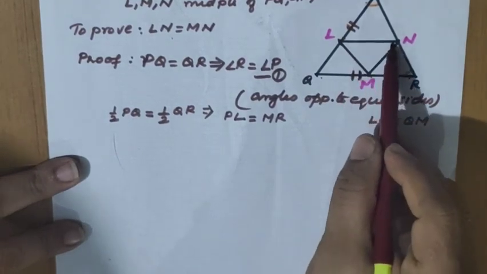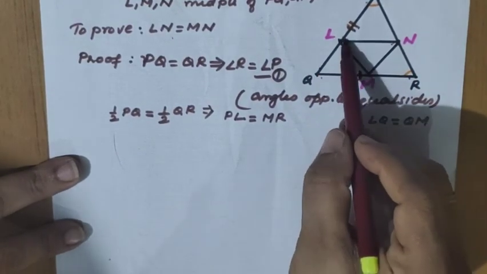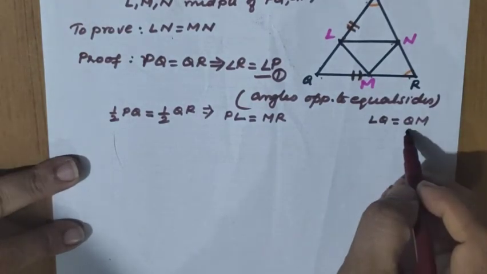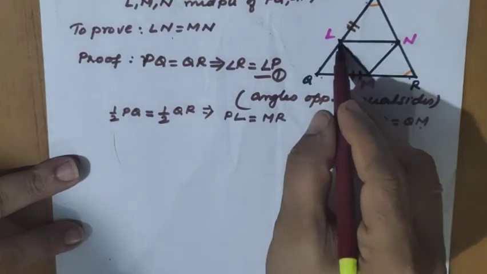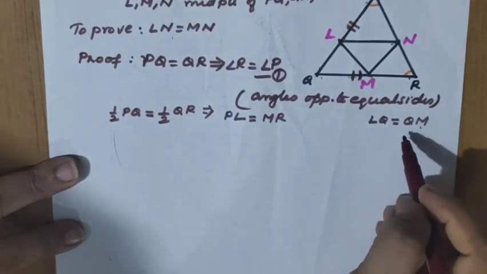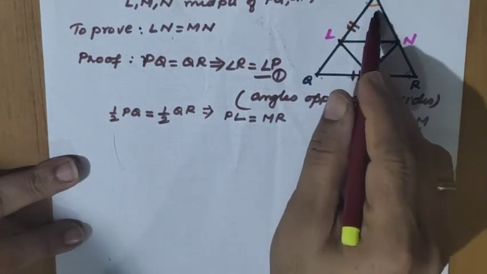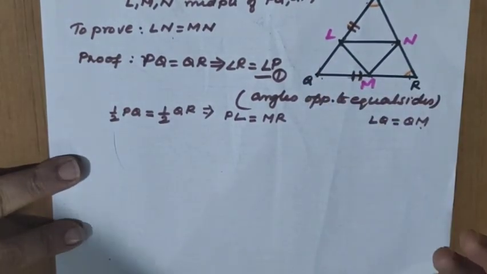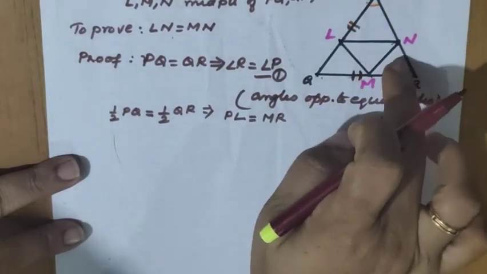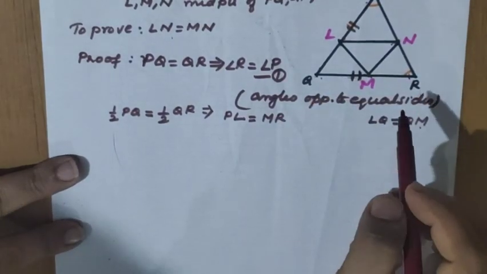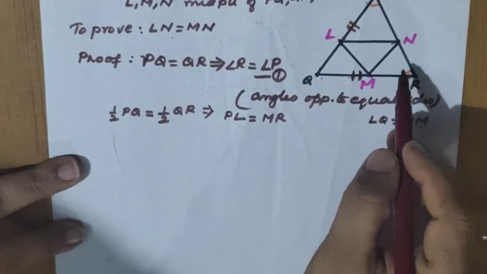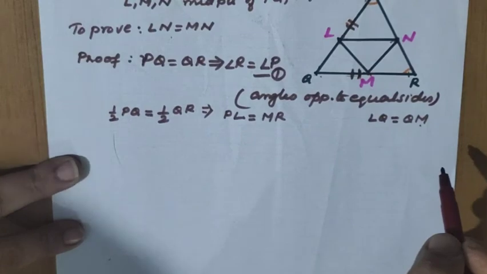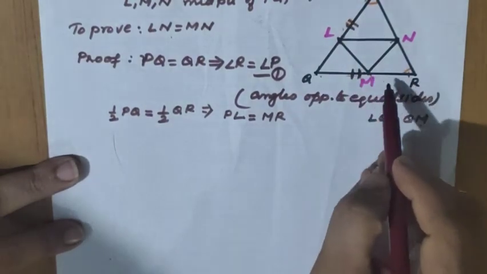So LN and LQ are on this side only. So LN and P is the one triangle we are going to take. QM is the side, which means this is the triangle we are going to take, so that we are not using what is the angle, because these two only have equal angles. If we come here, we are not getting any equal angles, so that is why we are choosing these two triangles, because already we got one equal angle there, right? So PL equal to MR only we are going to take. PL means this side and MR means this side.